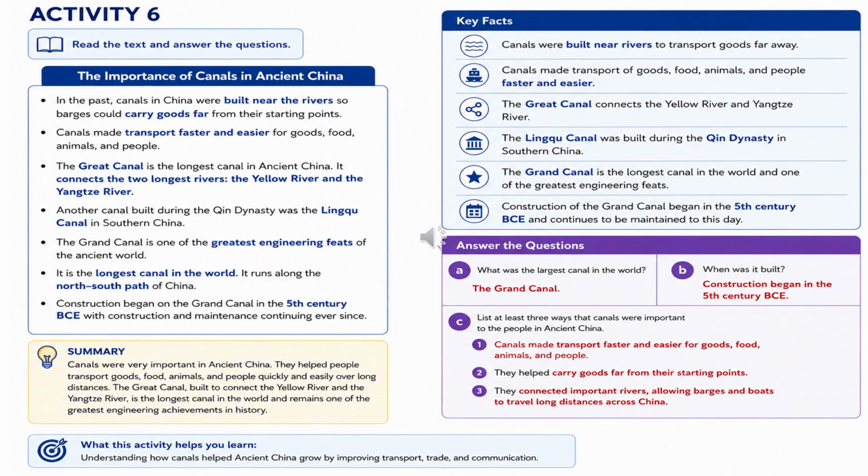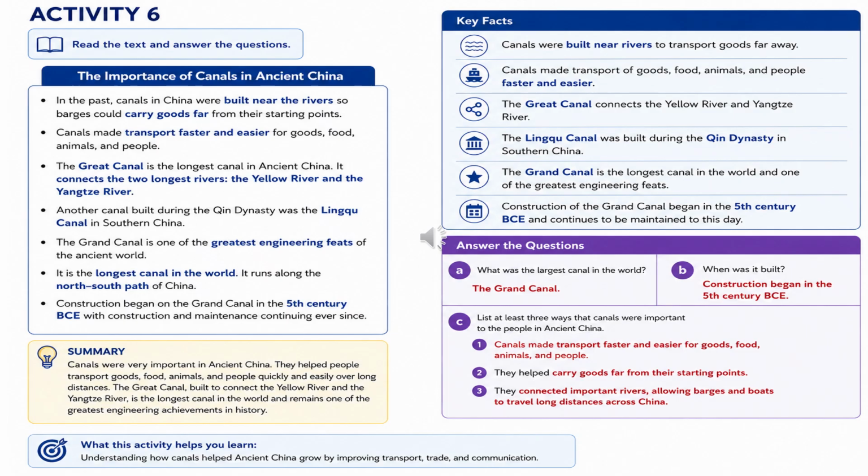So in this activity, we are going to read a short passage about the importance of canals in ancient China and then answer a few questions together. So as I read the passage, I want you to pay attention to main ideas. Think about why canals were so important to the people of ancient China. So let's begin. So long ago, canals were built near rivers so that boats, also called barges, could carry